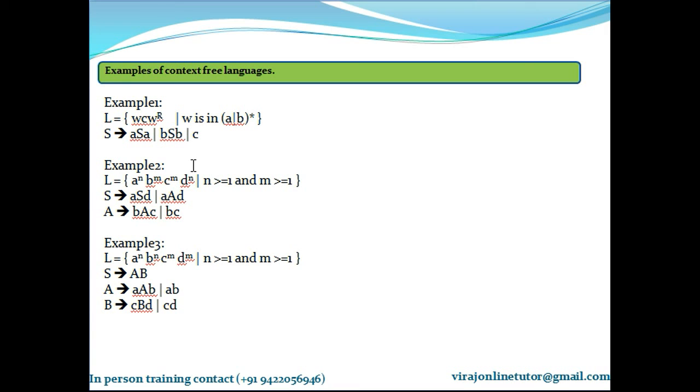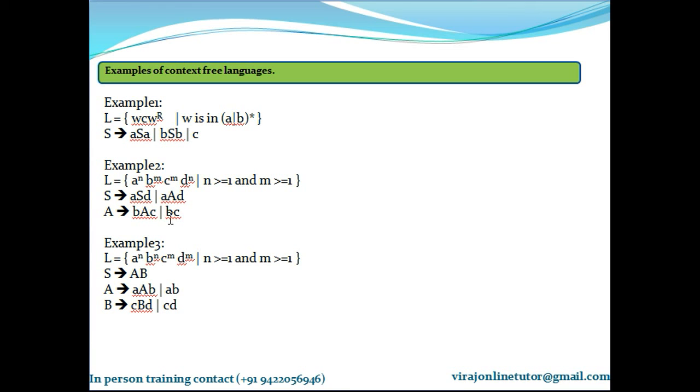So how to write a grammar for that? Very simple. Have a non-terminal A. Now B and C have to be equal, right? So B and C, I am placing on both the sides of capital A. And what is the minimum value of M? Minimum value of M is 1. So at least one BC needs to be there. That's why I am ORing it with BC. So the lowest possible string that you can get is BC if M is equal to 1 here.